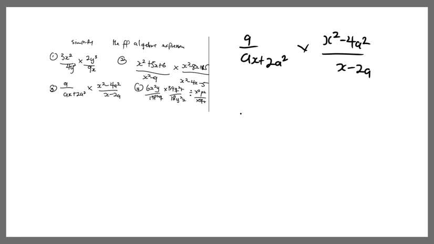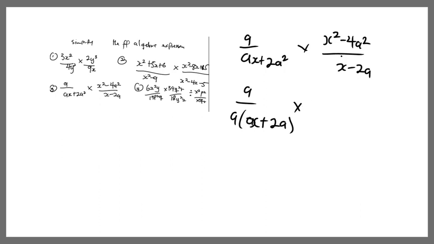We should factorize first, right? So in the course of the factorization, we can get a over, for this one we factor a out, a times x plus 2a,